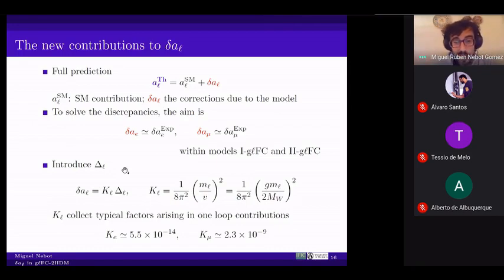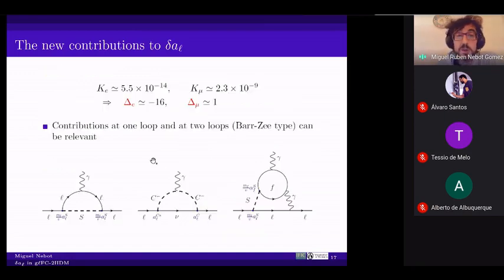When you do that, you realize that for the electron and for the muon, this is already giving you the size of the anomalous magnetic moments. So your aim is to obtain these numbers which match the experimental values. Substituting things, in the case of the electron, over this naive one-loop quantity, you are aiming to get that number, and for the muon, this one.